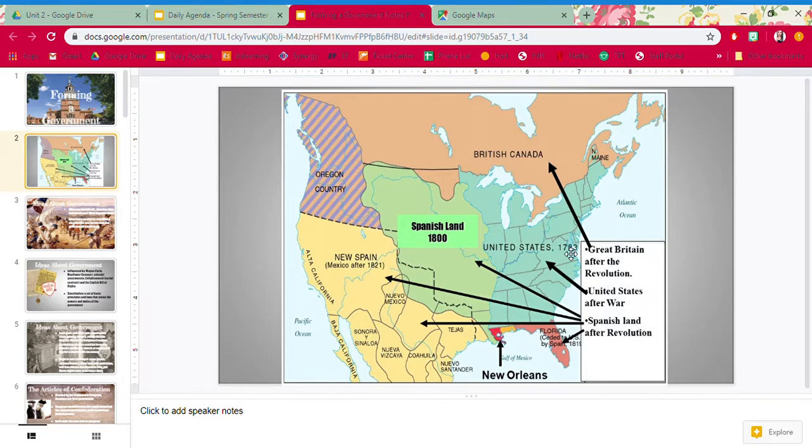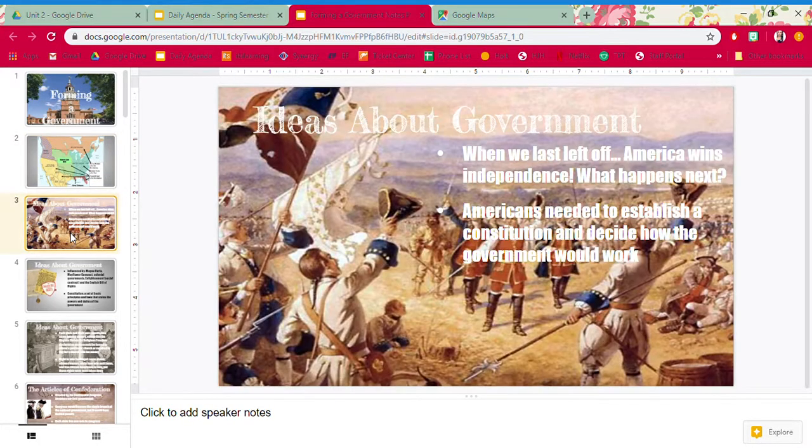So we have not only those 13 colonies, but all of this land over here in the West, all the way up to the Mississippi River. So we're here on the east side of the Mississippi River. On the west, we have Spain. And to the north of us, we have Canada, but the British are there. And the British are down below us here in the Caribbean as well. So this is the state of America now. I just want you to think about all this new land that's opened up for the Americans to go settle on now.